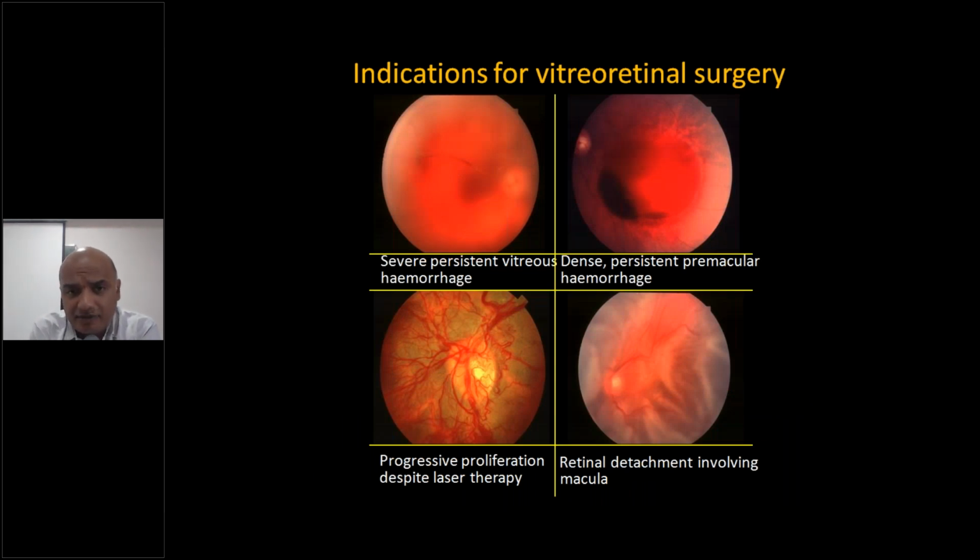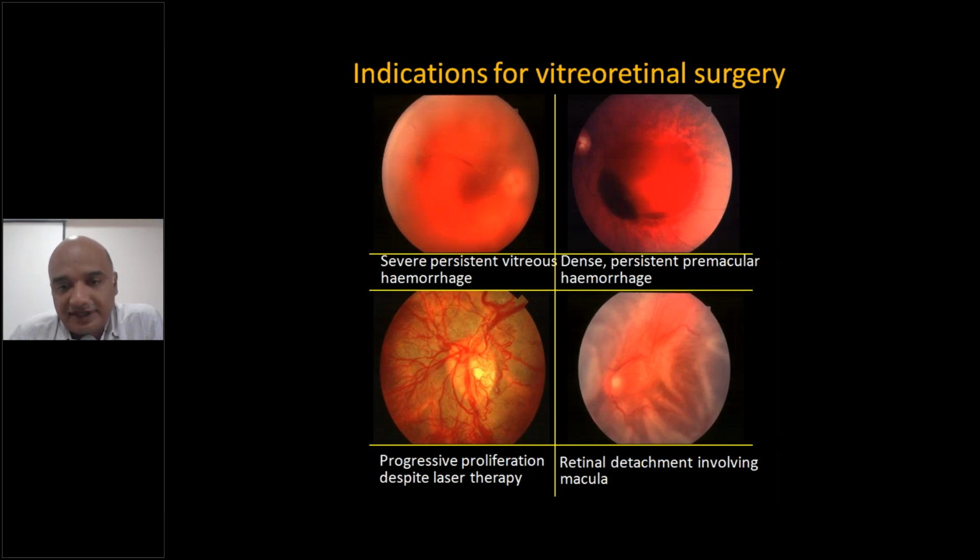So we have discussed the medical management, but sometimes the patient develops vitreous hemorrhage very severely, or there is a tractional retinal detachment. Then you are not able to give lasers or intravitreal steroids. Then what do you do? Where is the blood? Blood is in the vitreous hemorrhage. So you have to remove the blood from the vitreous. So what do you do? You do a vitrectomy.